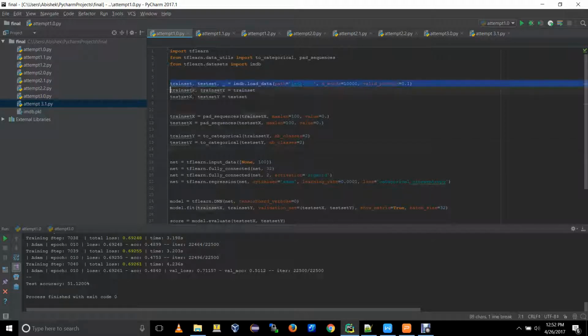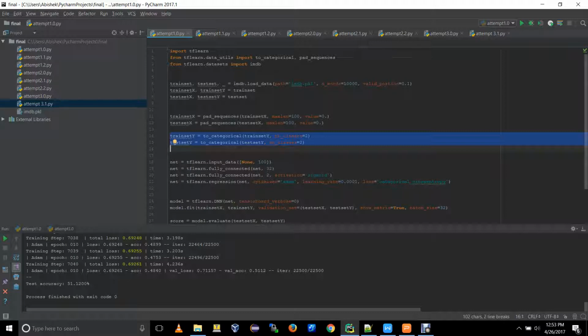In this line, I have tried to capture reviews from IMDb directly, and then I have divided it into a training set and the test set. And every training set has a specific portion which is used for validation purposes. For all these inputs, we try to vectorize them. When we vectorize them, we use padded sequences.